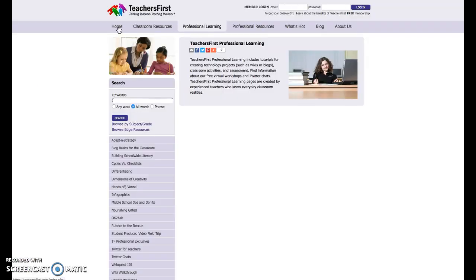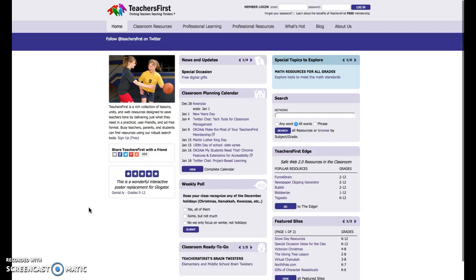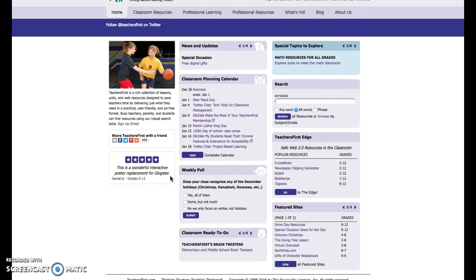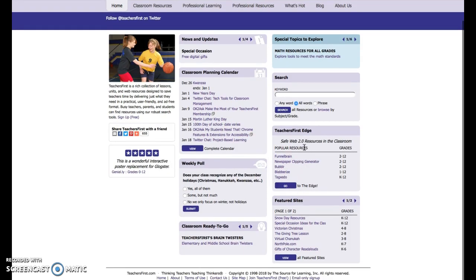And this is Teachers First. Again, this is another great free resource where you can find different types of materials for all the subjects that you'll teach in class and beyond. For example, if you come over here and look, it tells you Teachers First Edge, safe Web 2.0 resources in the classroom. And when you see Web 2.0, that just means that it's a resource that you can interact with